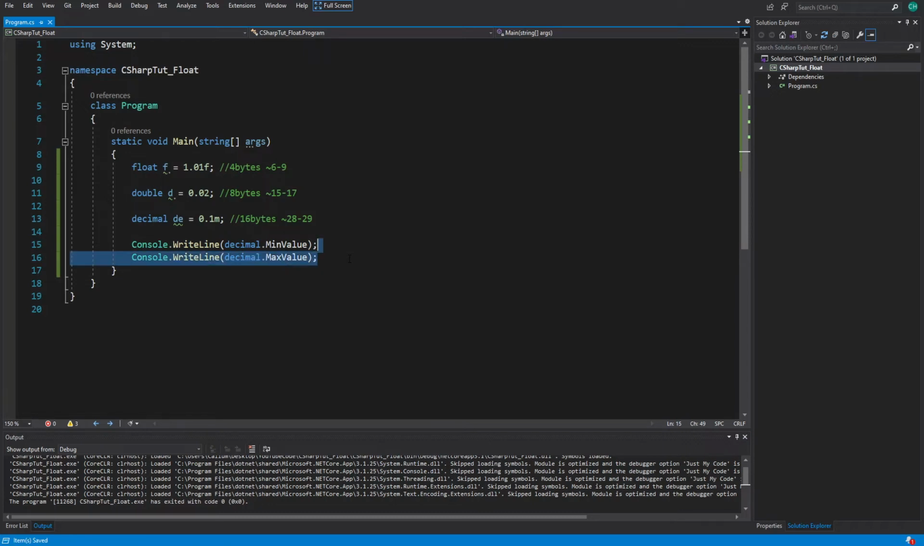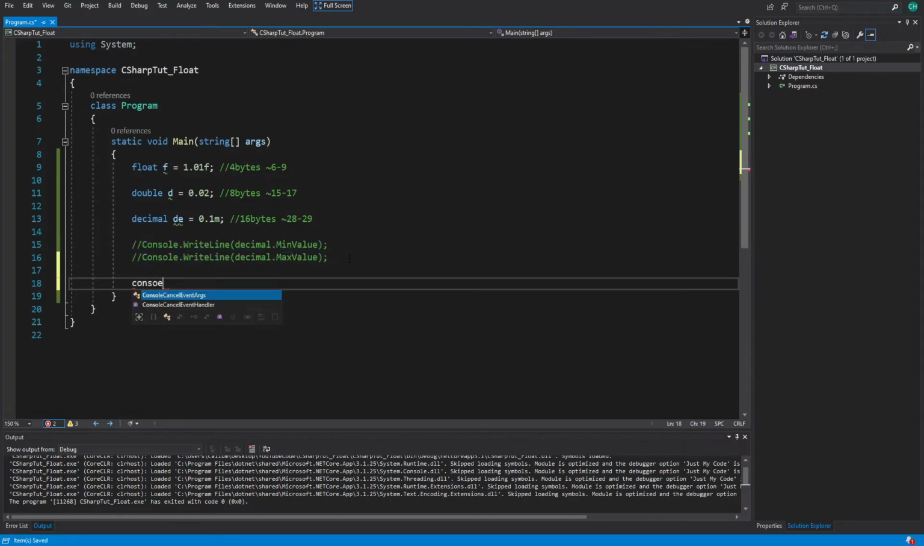So now we're done with these minimum maximum values, so I'm just going to comment them out. And we're just going to put in a new write line. And what we're going to do in this write line is I'm just going to show you something else. We can use E to our advantage. So let's say we have F up here. I can write F,